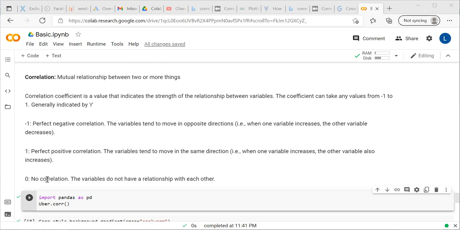In case of no correlation, the correlation coefficient will be 0. In that case, whether one value increases, the other value will have no impact. So it may go up or go down. So there is no linear relationship between the two variables. -1 is perfect, but if it is -0.9, then we can say strongly negative correlation. Similarly, 0.8, 0.9 and so on, strongly positive correlation.